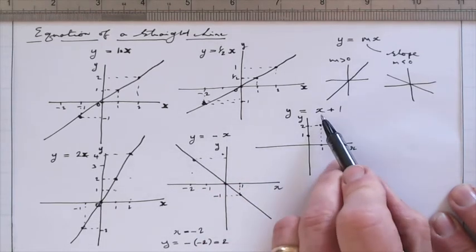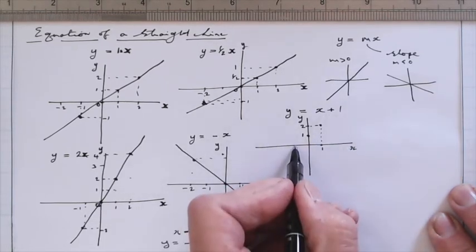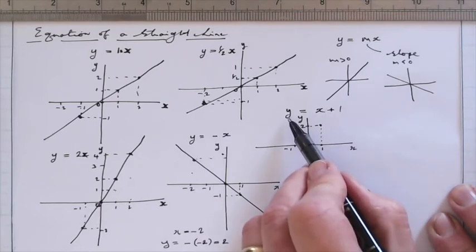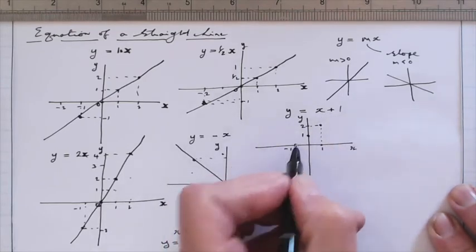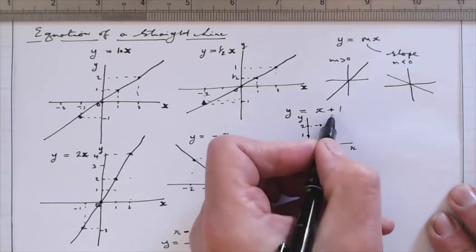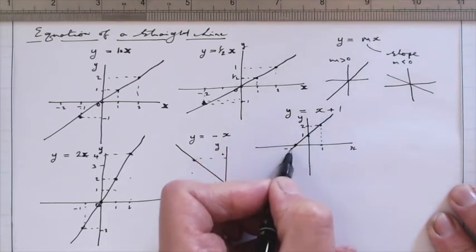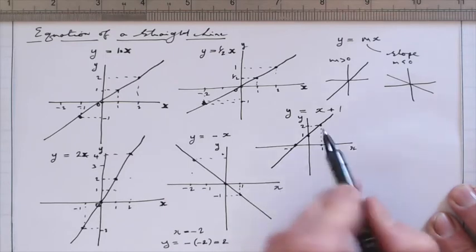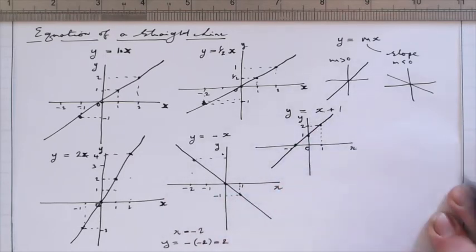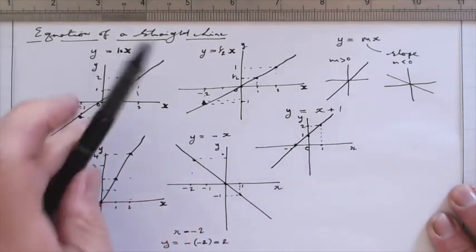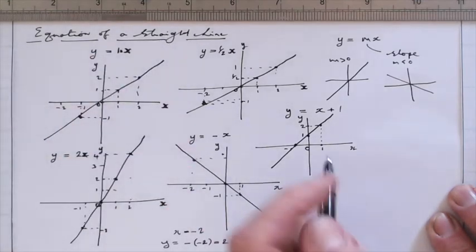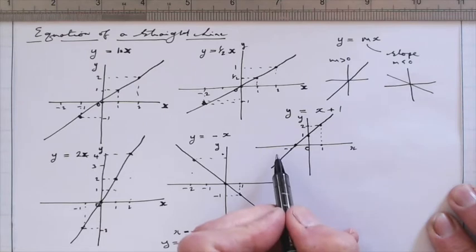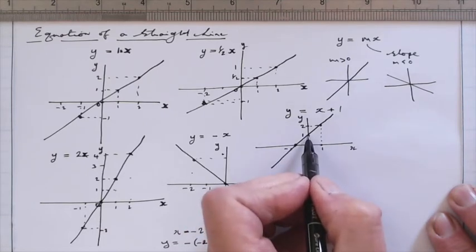And we see if x is negative 1, the equation tells us that y is negative 1 plus 1, which is 0. So now we have this line for the equation y equals x plus 1, and you can see it looks very much like y equals x, but it's been shifted up by 1 unit for every value of x,